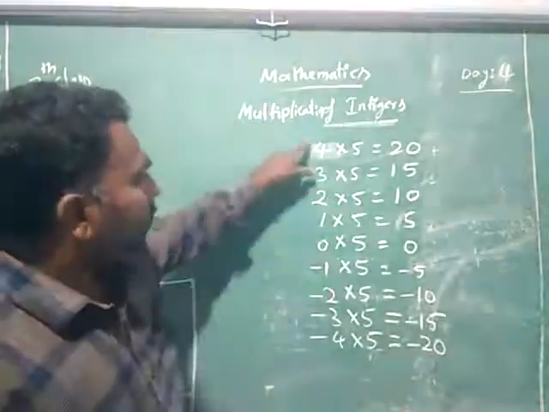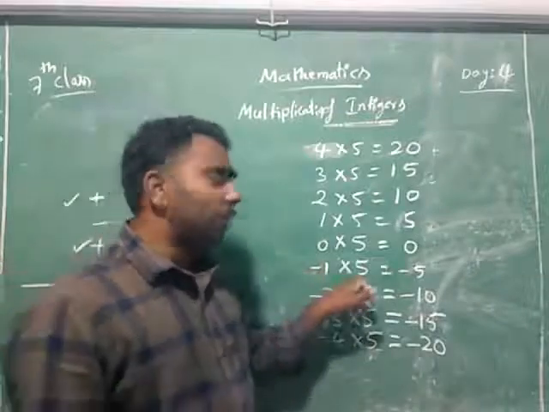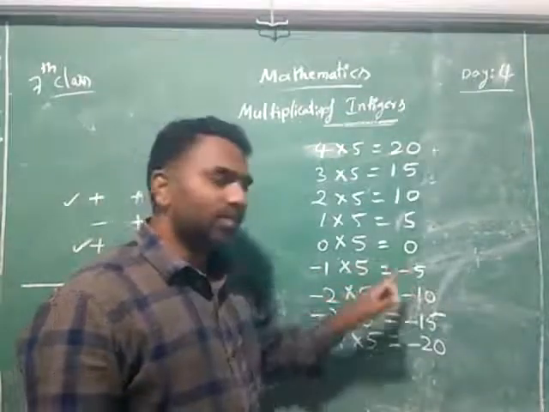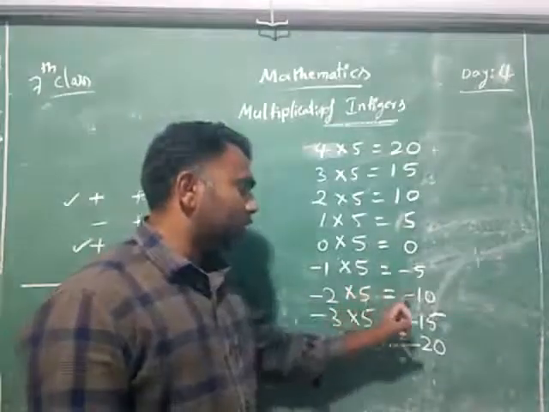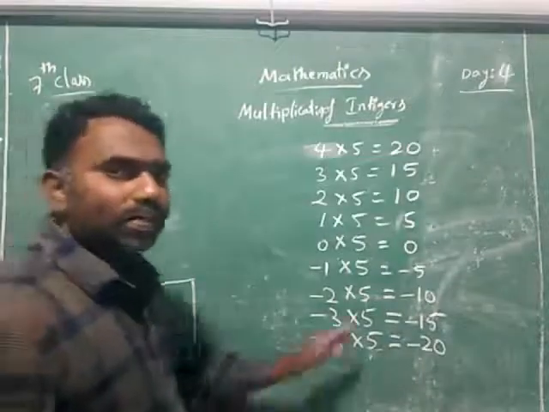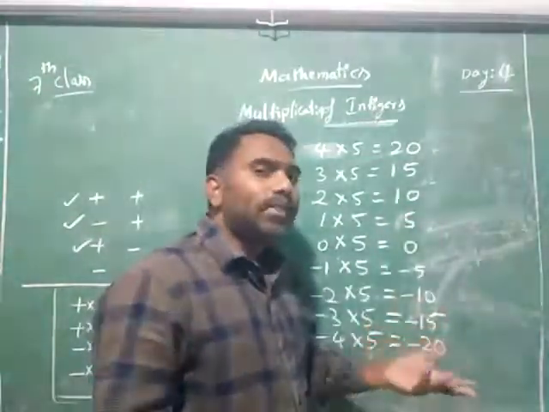See here, this is positive and positive. Now we have learned negative and positive also. Negative number, positive number, we got the answer. See here, negative and positive, this is also an easy way. Without any sequence, easily we can answer it.